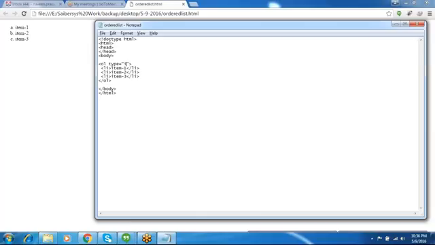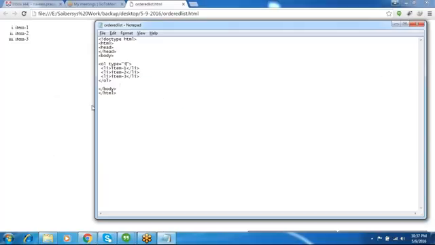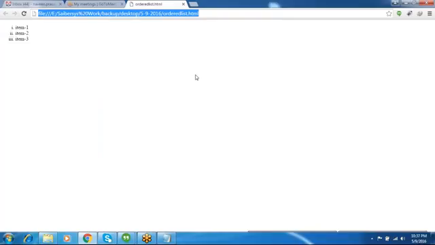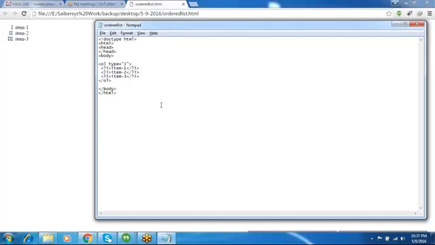I am giving the lower Roman value, so it will take Roman numbers from 1 to however many items there are. And if you give upper Roman here, it will take upper Roman numbers. So this is the ordered list,